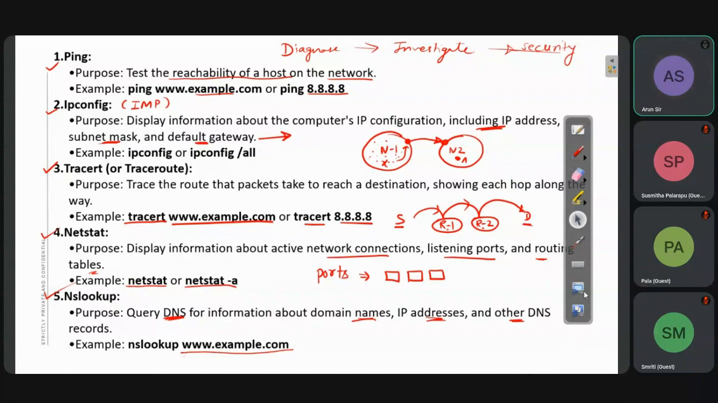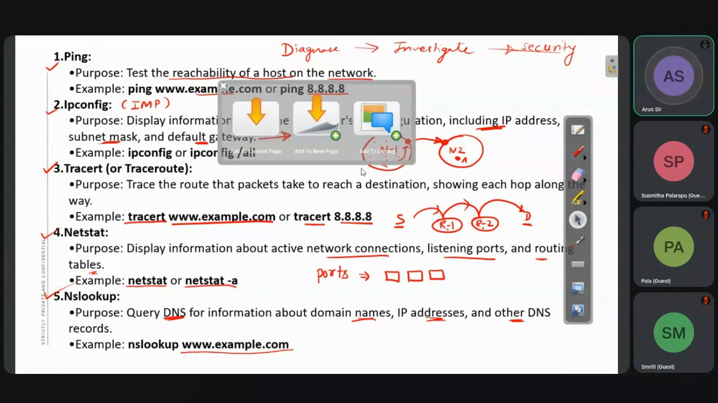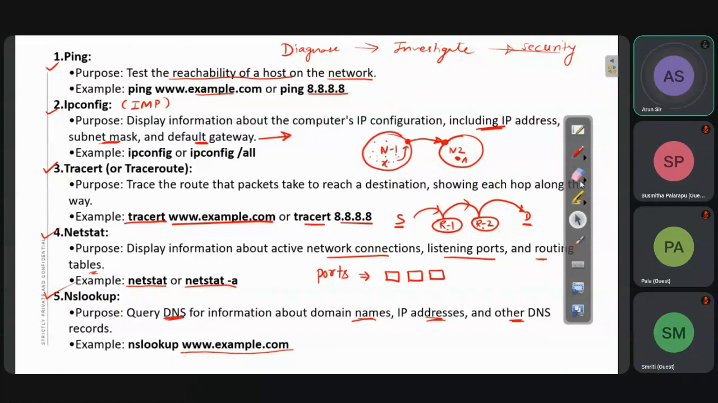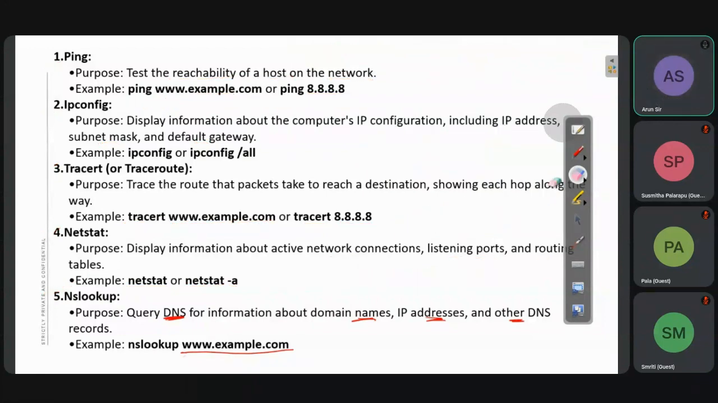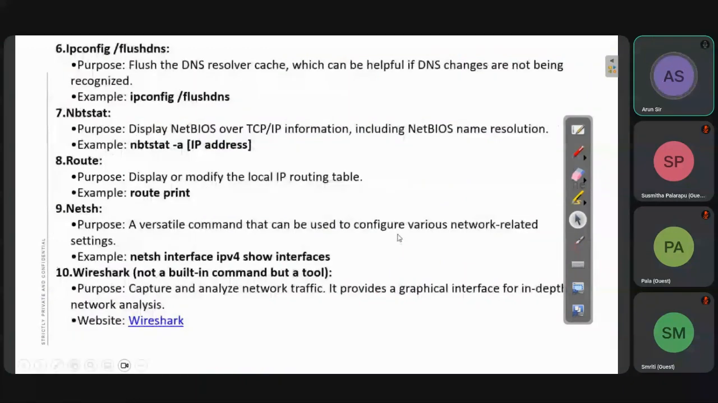Okay, any doubt or anything you want to ask? So next things are related to further commands, which are